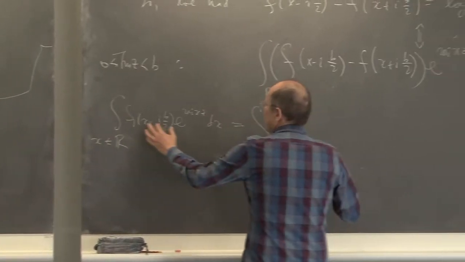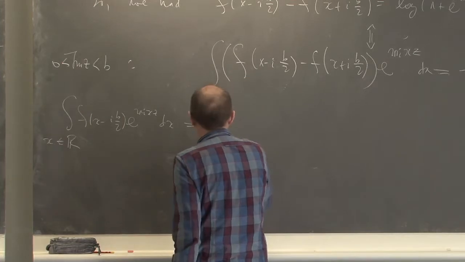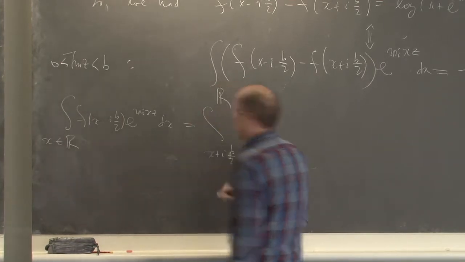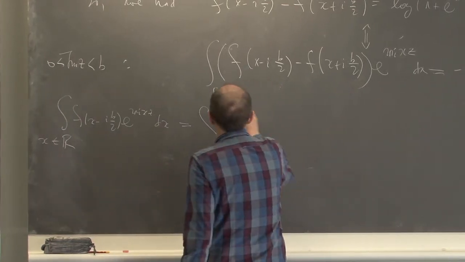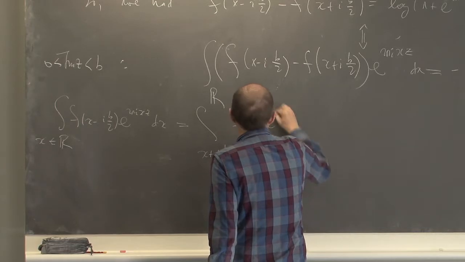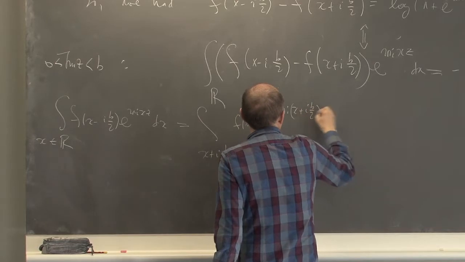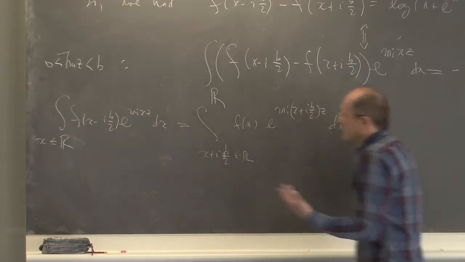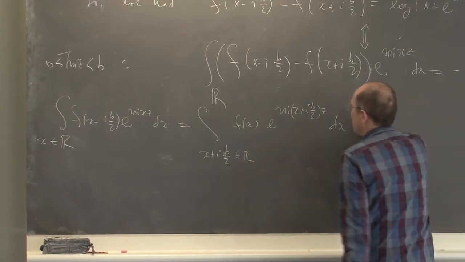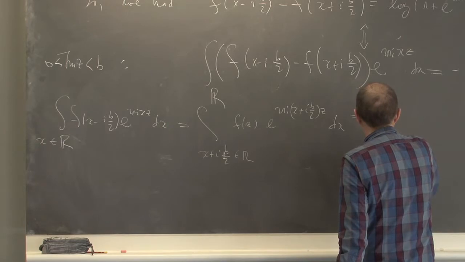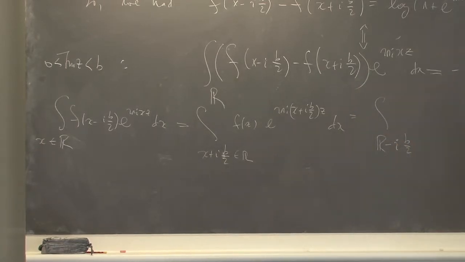Like here, so now I shift x by plus i over b. So x plus i over b, and I do it also here: f of x e^(2 pi i (x plus i over b) z) dx. dx, of course, doesn't change because of the constant shift. And you see that this is equivalent to saying that we integrate over R shifted downwards by i over b over 2,